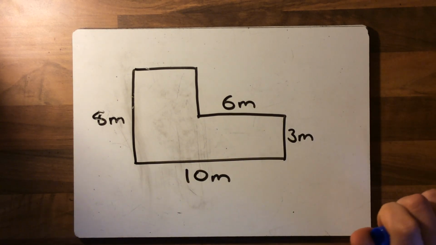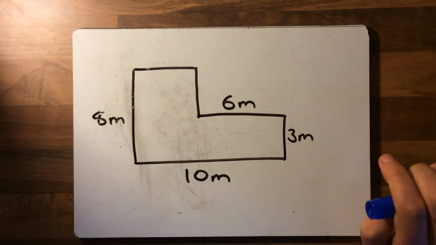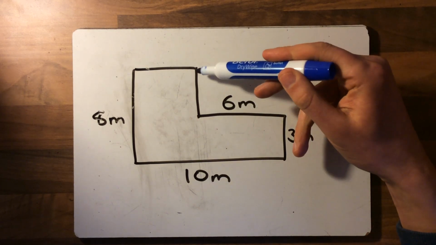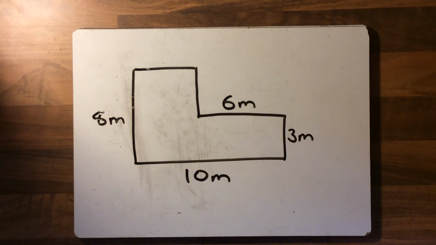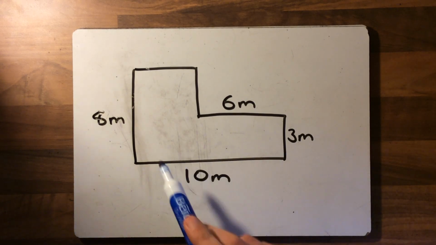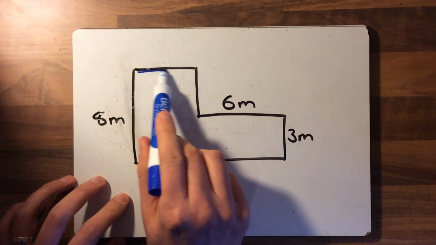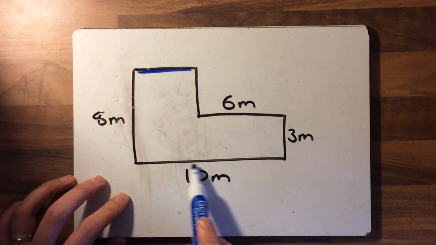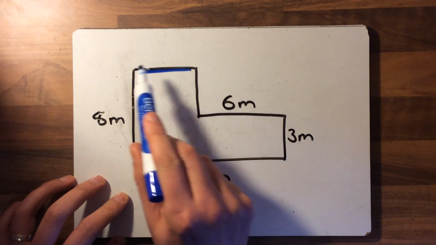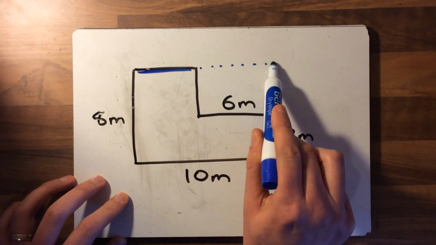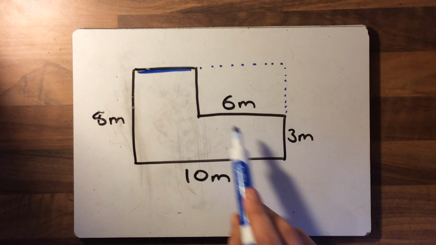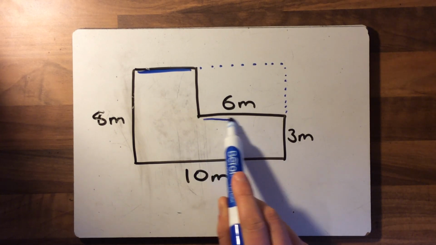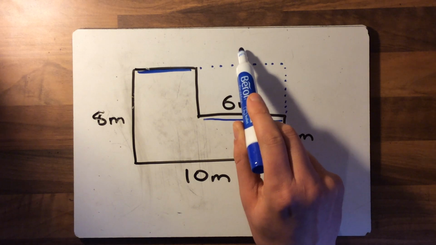Now, we looked at shapes similar to this last week. We looked at perimeter. So we've got 2 missing sides here, haven't we? This side here as well as this one here. They are 2 missing lengths, and we need to find out what those lengths are first of all to begin to do this. So if we look at this one first of all up here, and if we look at this one down here, just like we did last time, that's 10 metres. If I was to extend this out here like this,